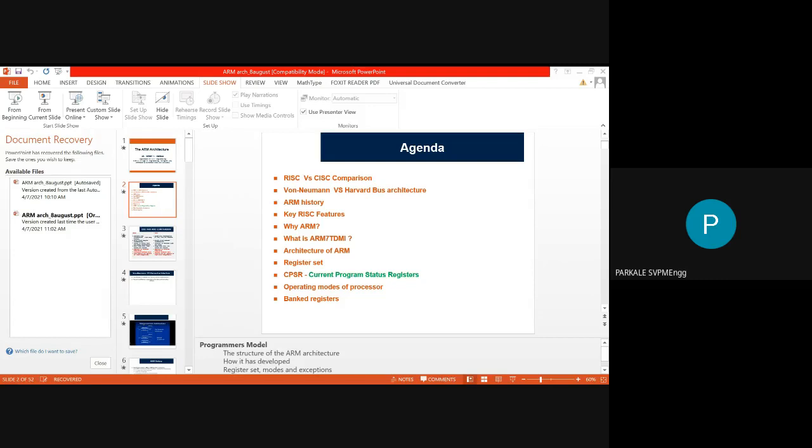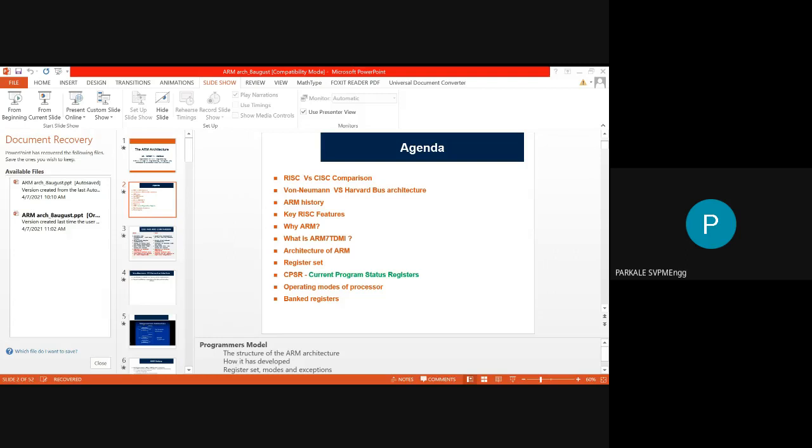Okay, so in terms of the execution time, registers require less time for the execution, whereas memory requires more time for the execution or to access the instruction from the memory. Okay, so this is the third advantage of the RISC over the CISC.